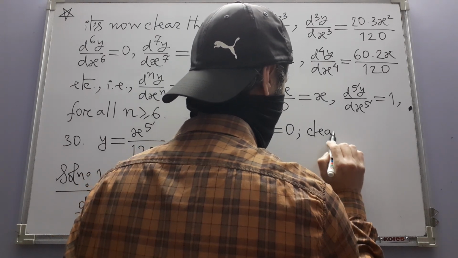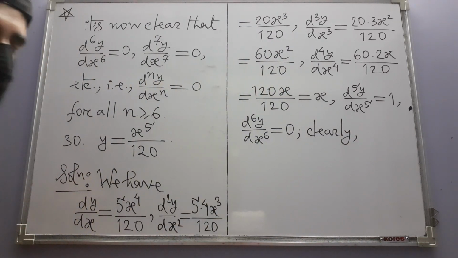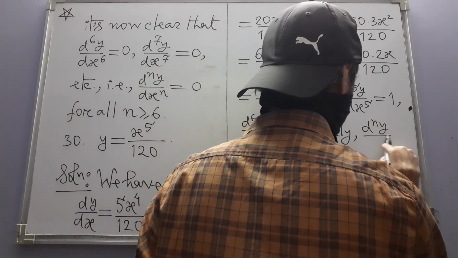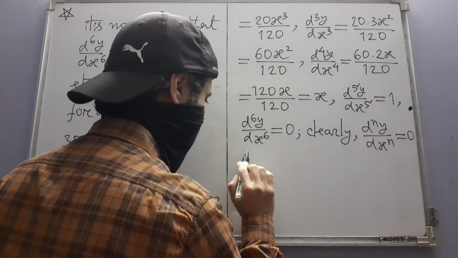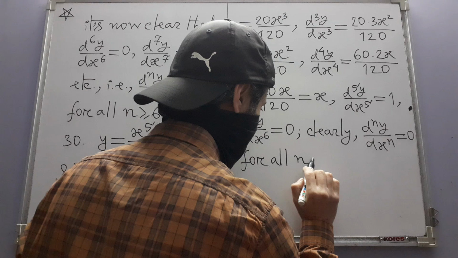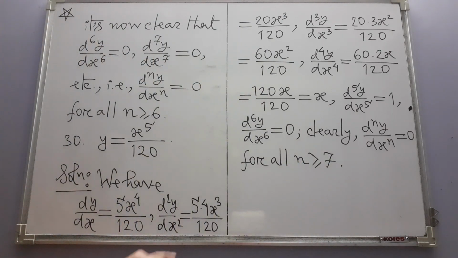Clearly, this time I am just simply going to write directly d^n y / dx^n is equal to 0 for all the higher values of n. Why did I just simply not do any cancellation here? Well, this is because,